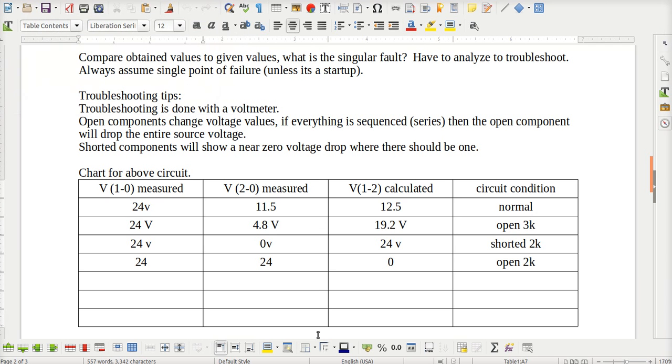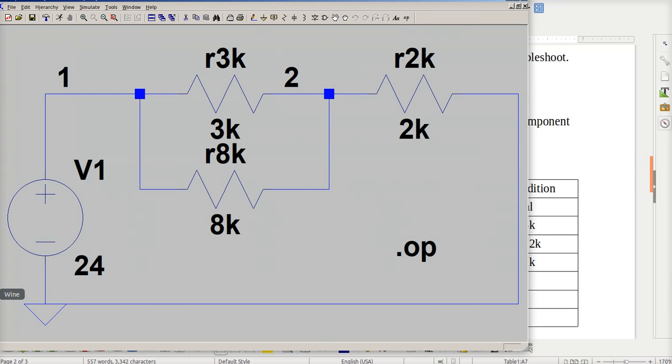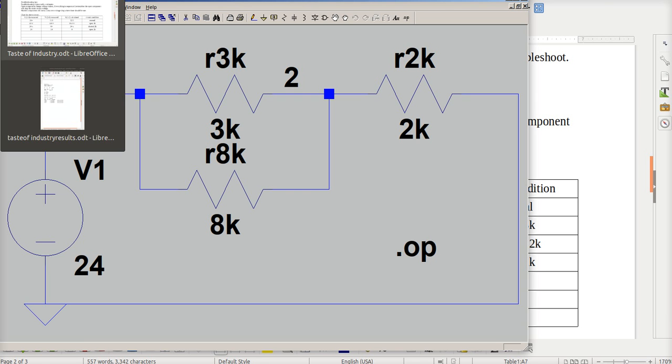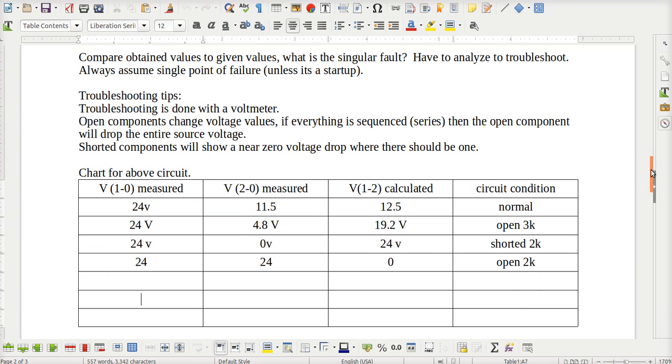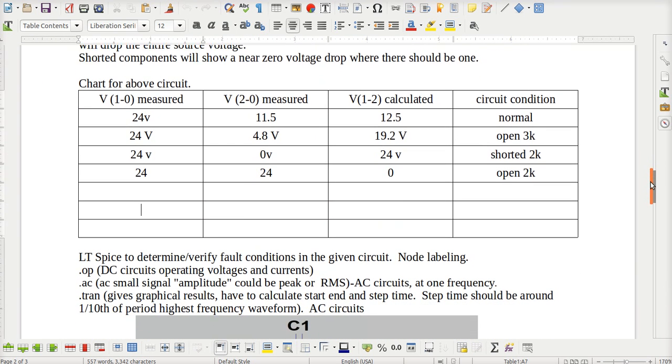This is where we left off in video 2. We had this table filled out, and we had this circuit, and we were shorting and opening and filling out the table. Very easy to do. If I go back to our handout that I started with,